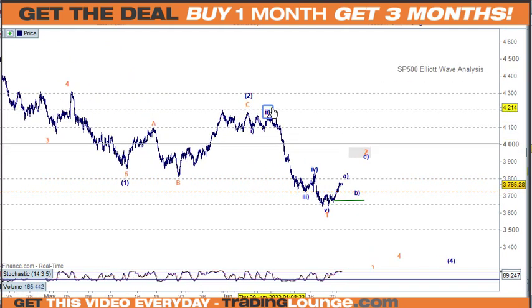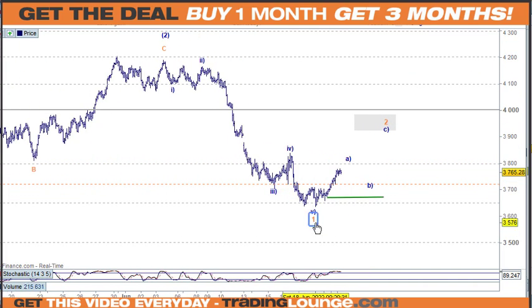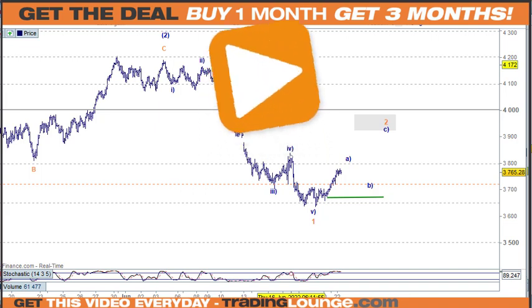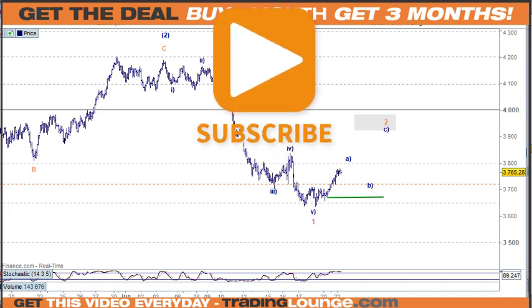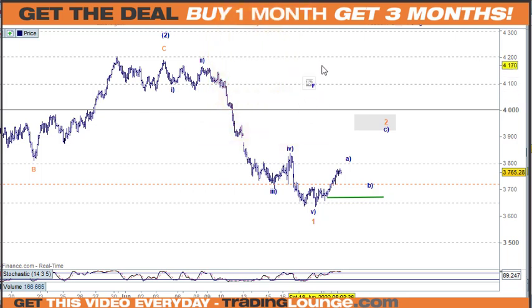from here, this can be counted in different ways. But let's just assume that we've got wave 1 down here. This wave 1 can actually go over here, and in fact it can actually go over here as well. It's not such a big deal at this point in time. I'll explain those a little bit later, but the main point here is that if we take somewhere across the top here as the move, then the 50-60%, so if we just take it from the 4.2 there,